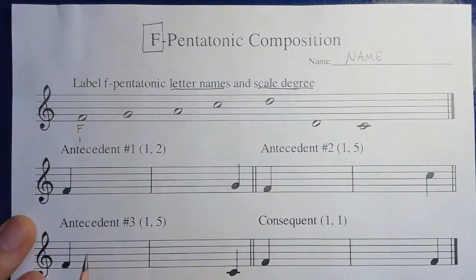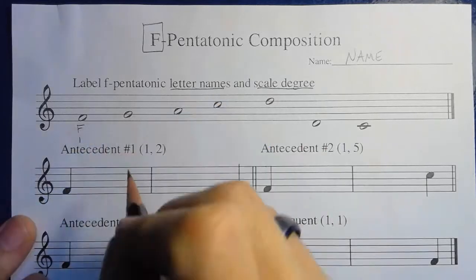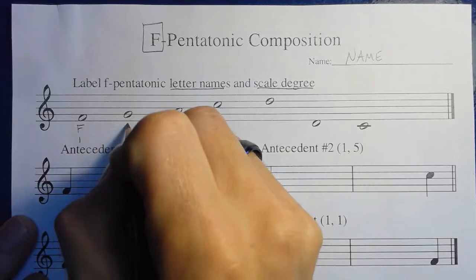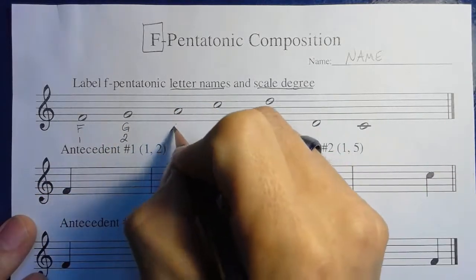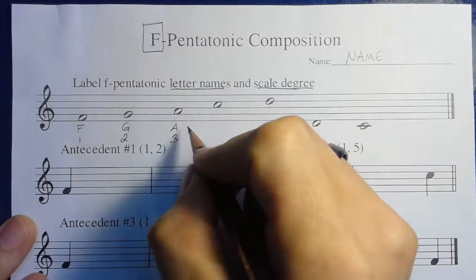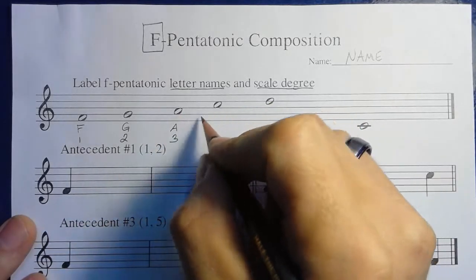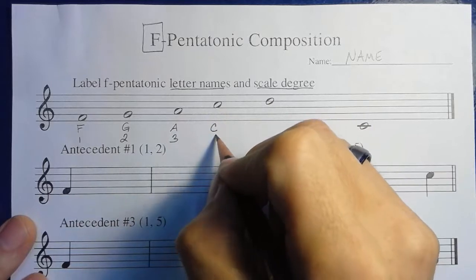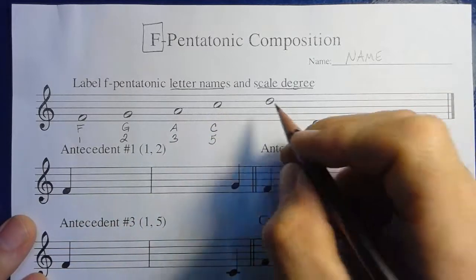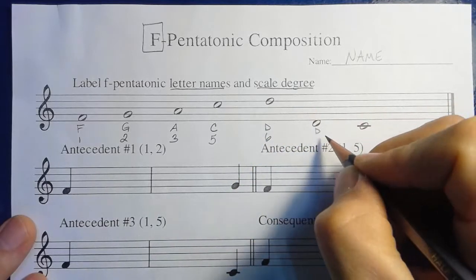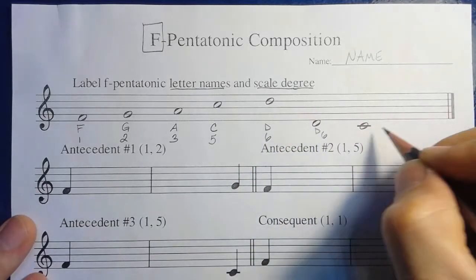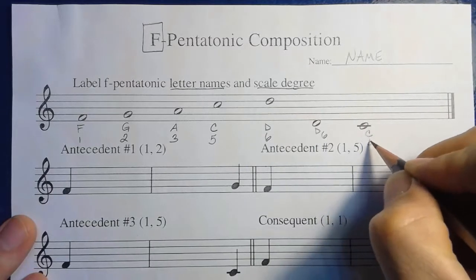Please go ahead, pause the video, and label the remaining letters. Now that you've labeled the letters, you can double check with my paper. F, G is 2, A is 3. We're not using B, which would be number 4. It goes to C, which is 5. High D is 6. Coming down to low D, it is also 6, and C remains being 5, the 5th